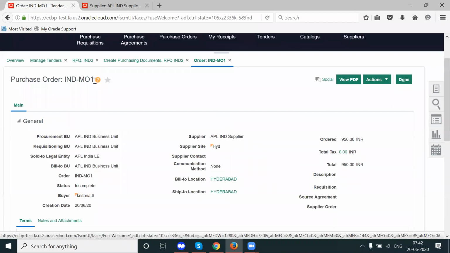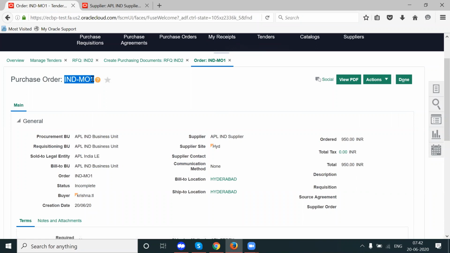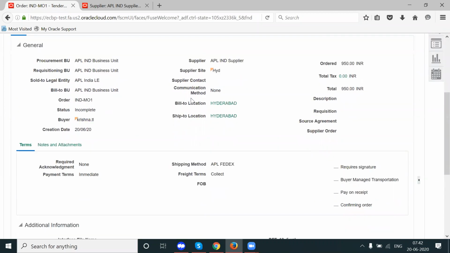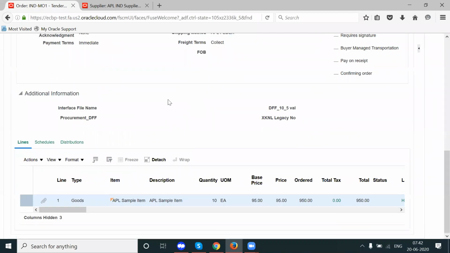Somebody changed the procurement purchase order numbering sequence from the procurement document numbering setup. Okay, so everything is copied from the tender to the purchase order.